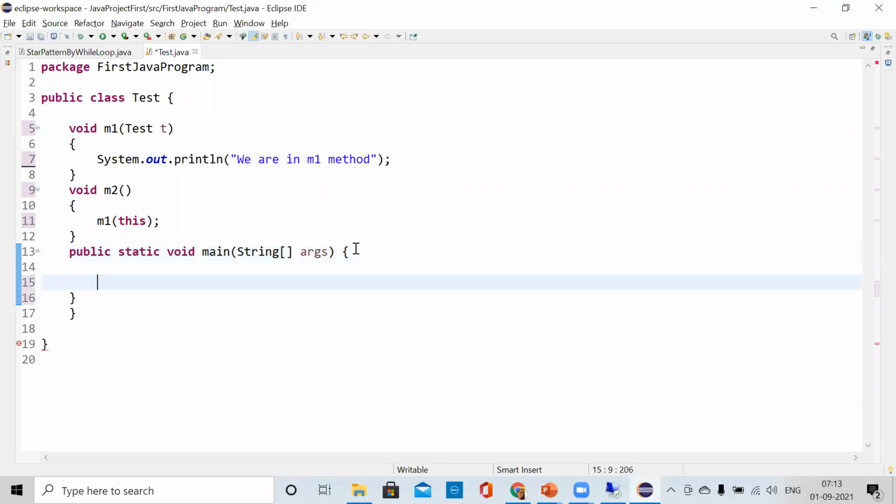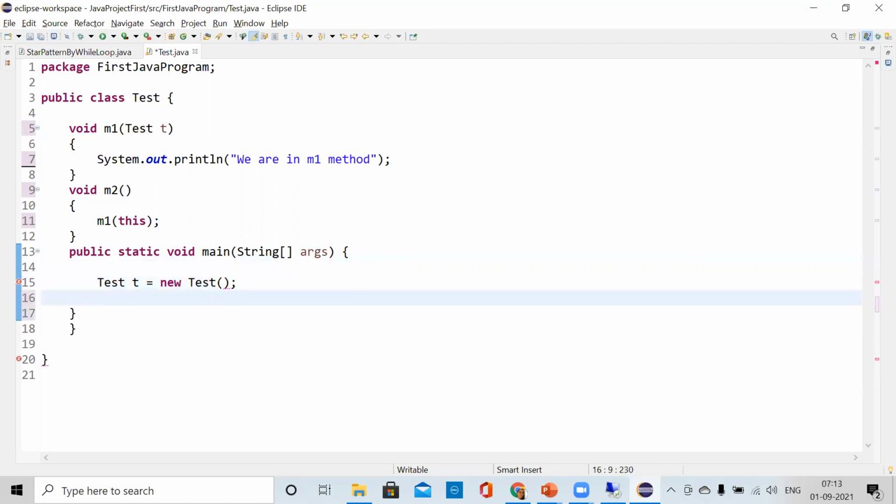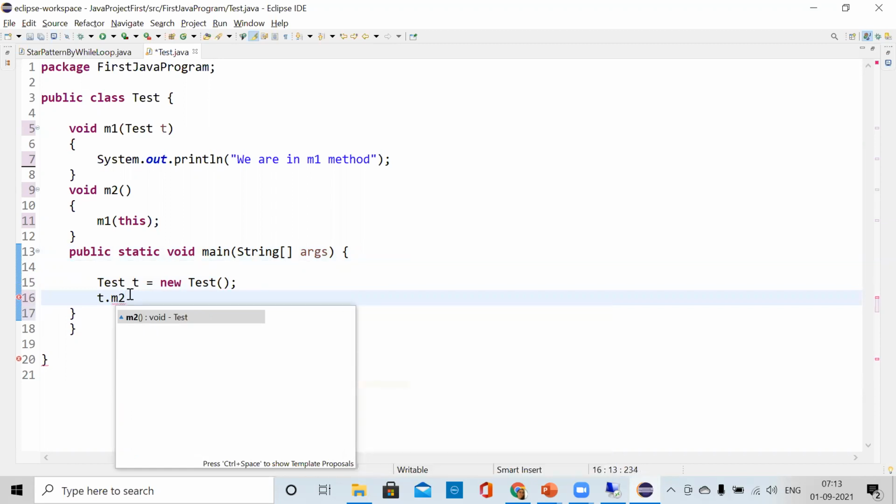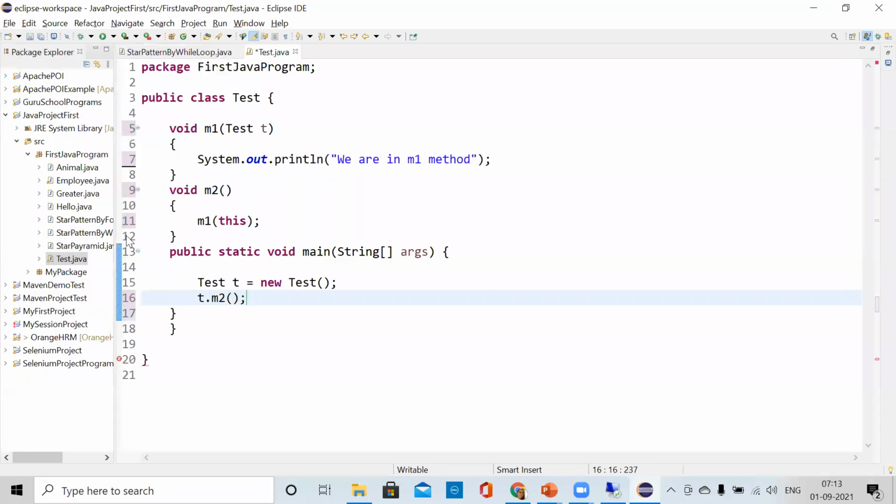In that, what I'm doing is just creating one object instance and calling this M2 method, t dot. Is that clear to everyone what I'm doing? Then what will happen? Tell me, what will be the output of this?